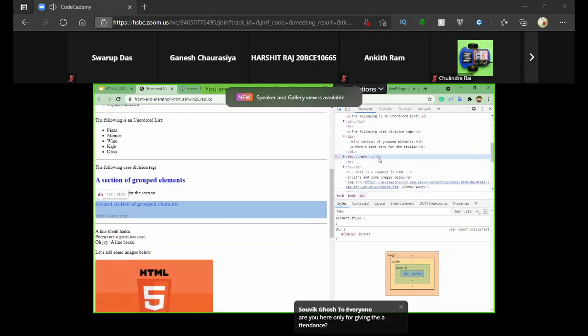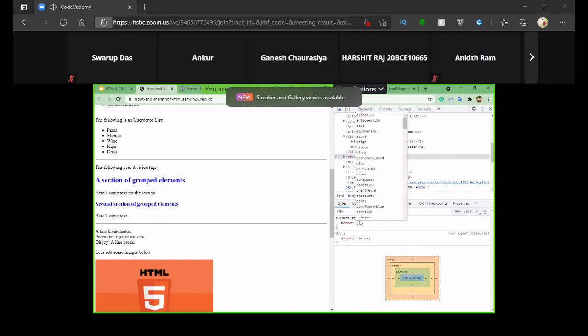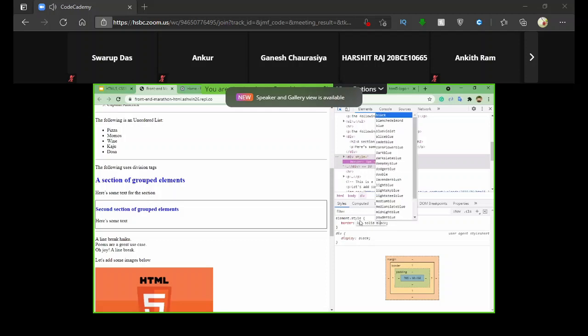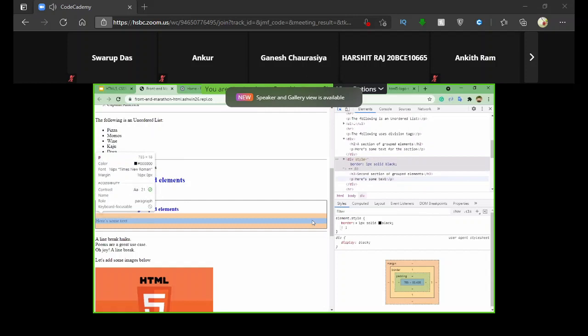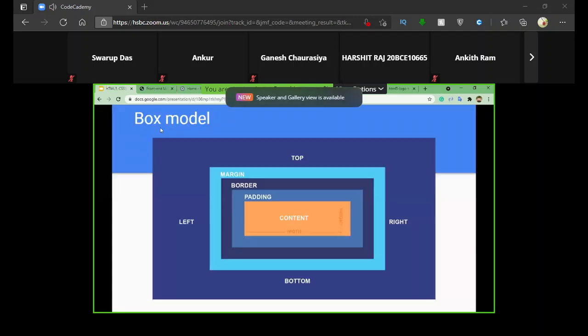Whenever you select that and add CSS properties over here, let's say we have 1 pixel and a solid black. As you can see, the border is applied for this division tag. So margin followed by border is what we have in the box model.